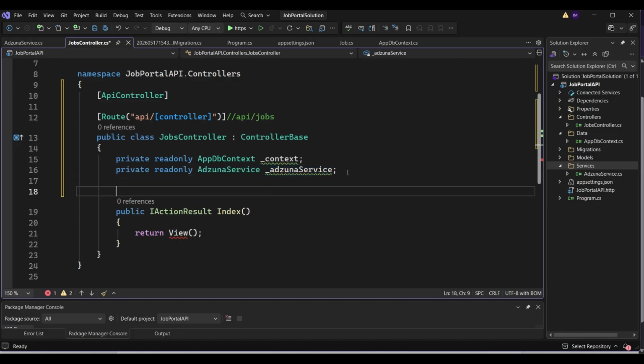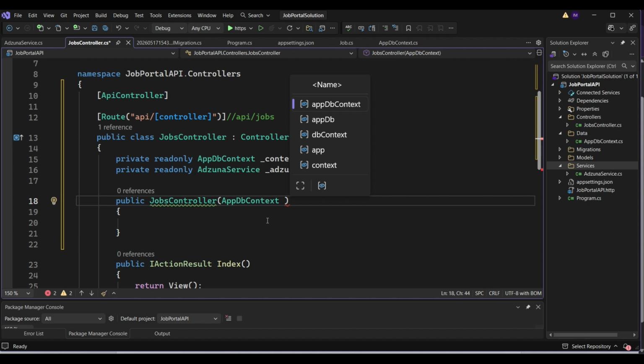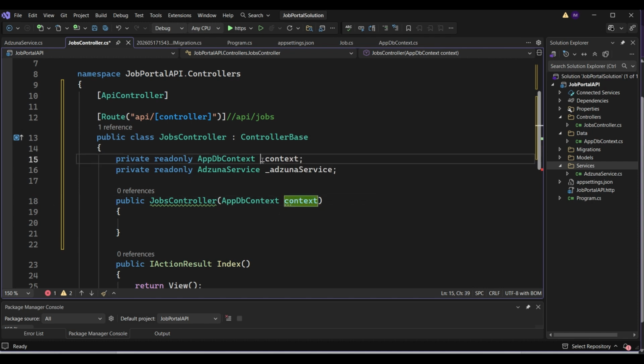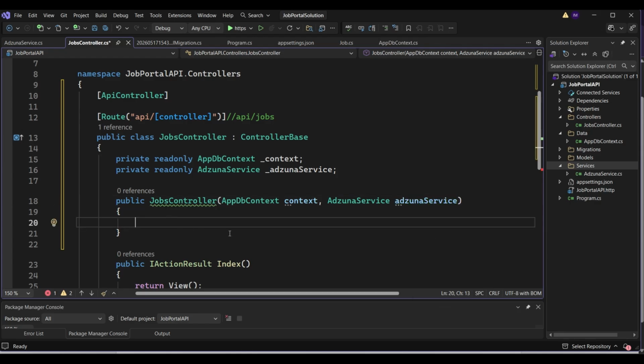So click there, open a little bit of space. Remember, constructor, ctor, tab. Then let's inject our lovely friends there. So we'll start with the first one, DbContext. The order does not matter. Usually we like to give them the same name. So you see this one has underscore context, but this one I just said context, comma. Then we grab the second one, we're injecting them now. And then we call it AdzunaService. And then we call it like that. So now,